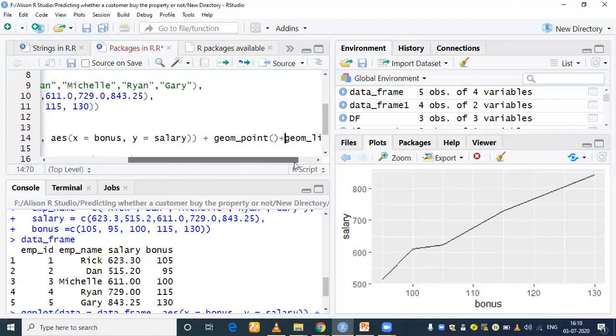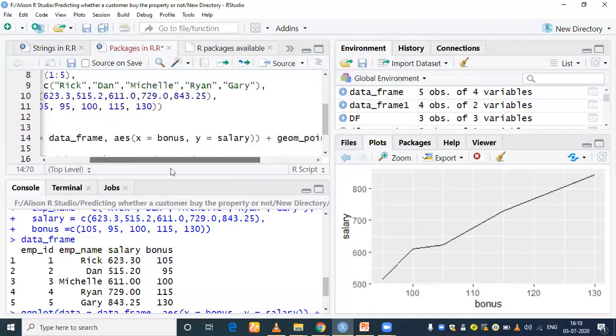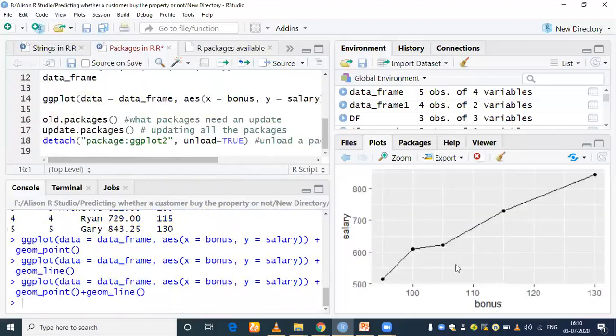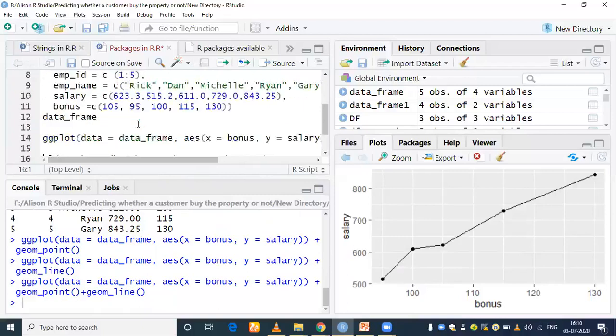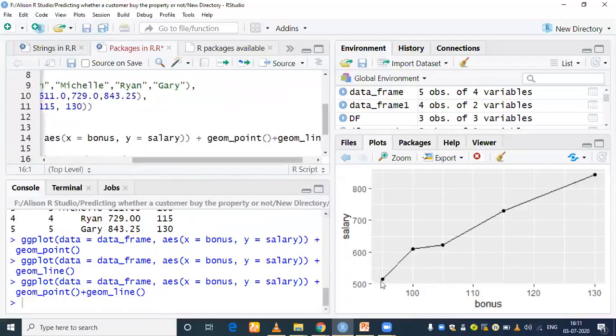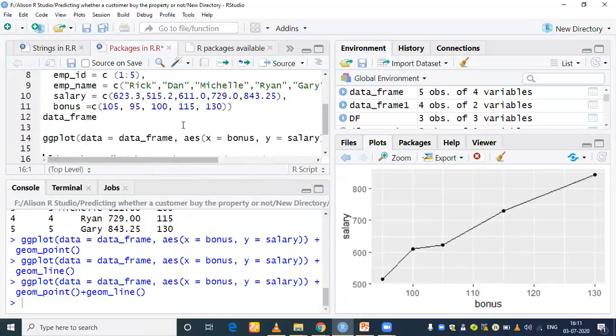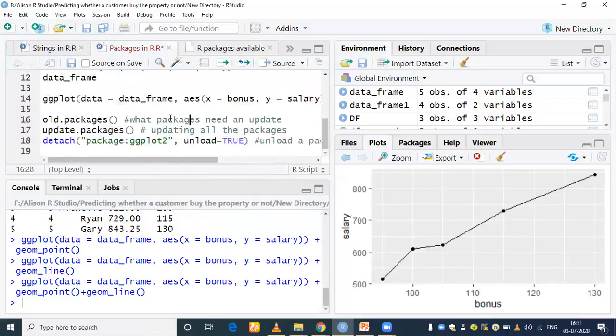What I have done, geom point plus geom line. So let me execute this. Now, can you see that? We have plotted a plot that contains the points as well as the line. This is geom point, and geom line is connecting each point with the other one. So got it? I hope you understand now.